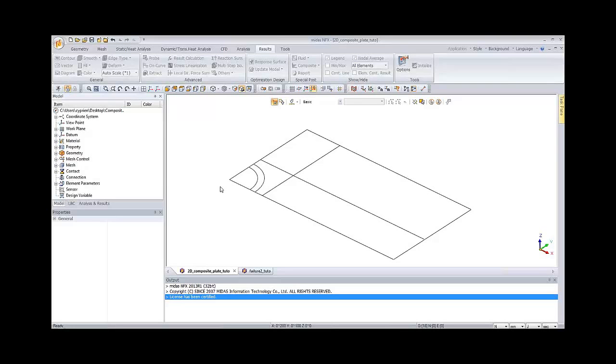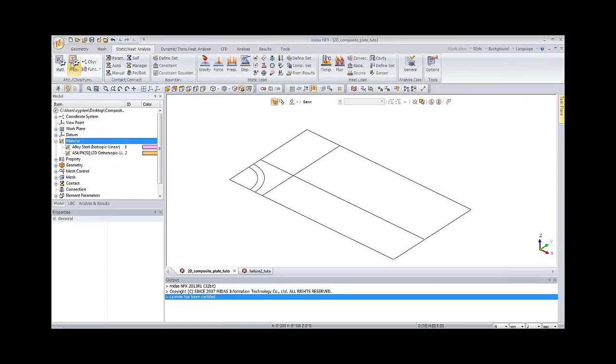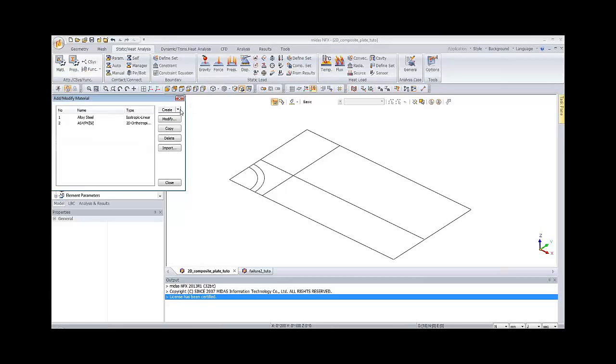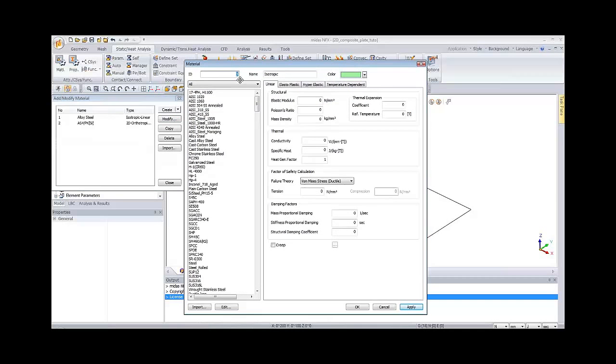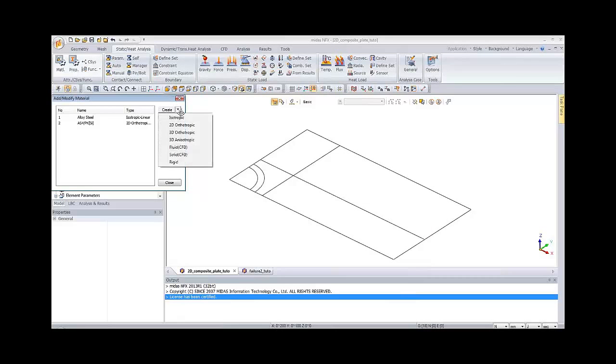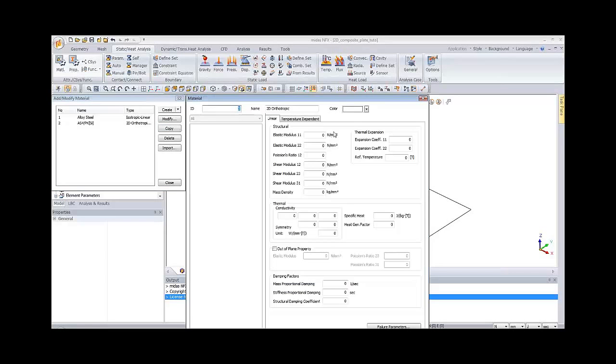So the first thing is to create the material. So we do as usual, you add material. So you can add isotropic material. As we usually do, you go in the library or you enter your own coefficients. And we can create also 2D orthotropic material or 3D orthotropic and enter the coefficients which are related to this type of material.